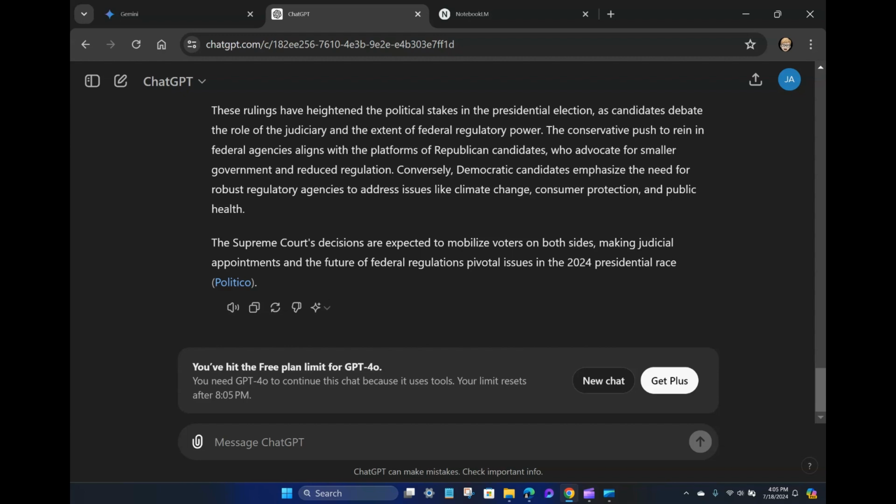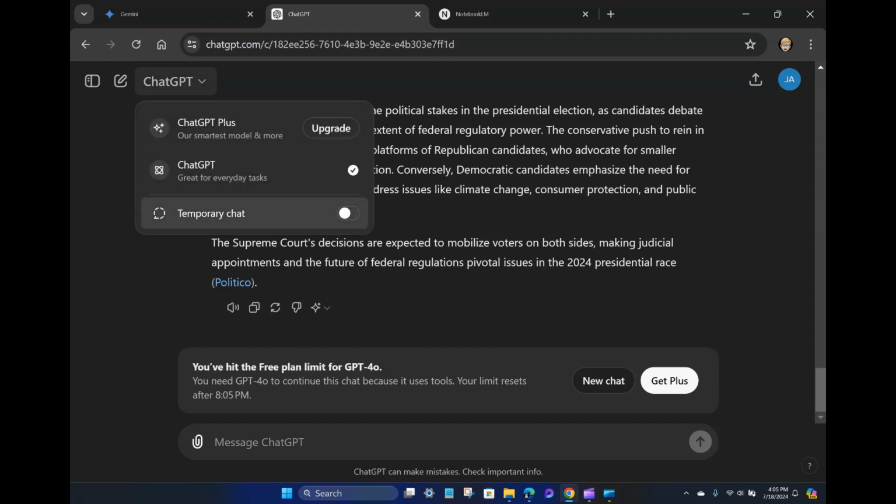with ChatGPT, even with just a free account, I'm able to ask a few basic questions and get some responses. Now I'm wondering here. It gives me the option to upgrade, and it says ChatGPT is great for everyday tasks. But anyway,